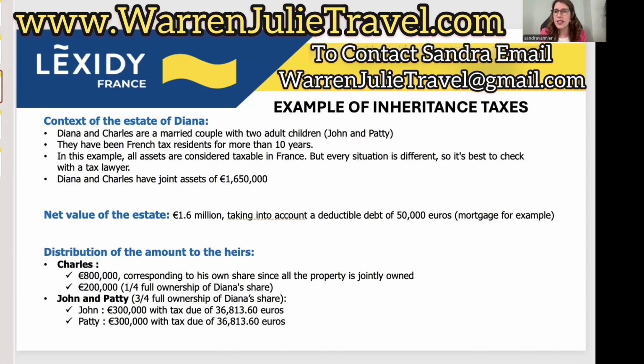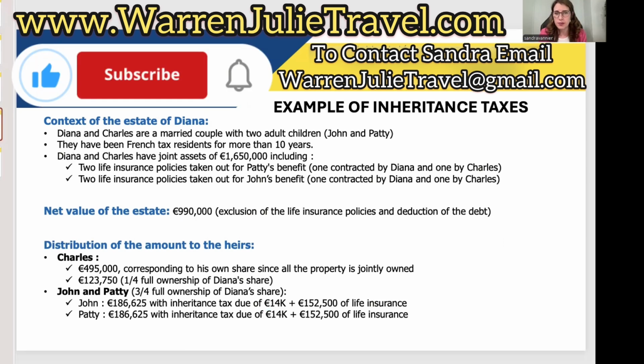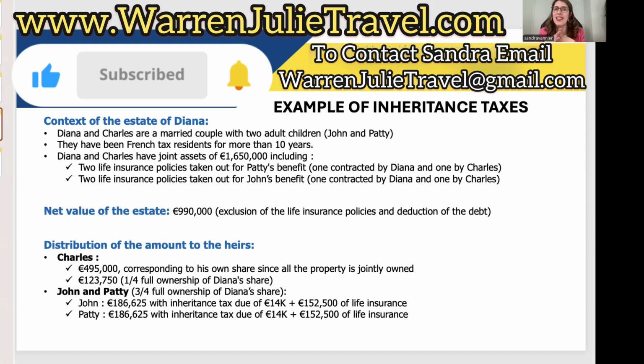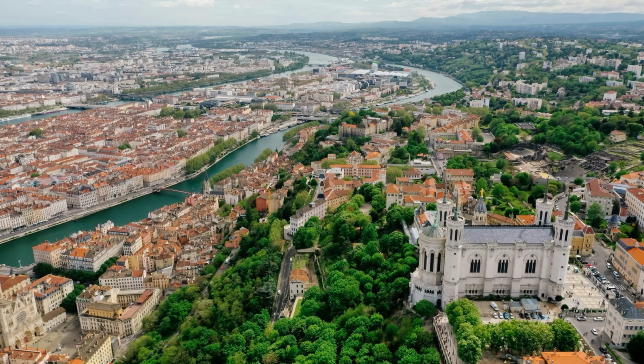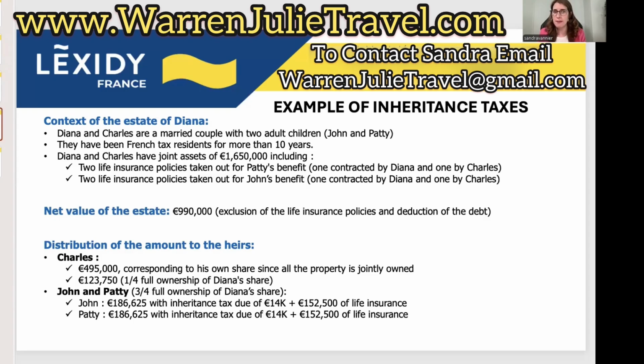Yes, I have another example with an alternative for inheritance tax. For example, if Diana and Charles had optimized their assets and had opened a life insurance policy for each of their children to the value of 152,000 euros, which they had financed with their own money, it would be better. Why? Because insurance policies worth less than 152,000 euros, whose contributions were paid before the policyholder's 70th birthday, are not included in the estate and are